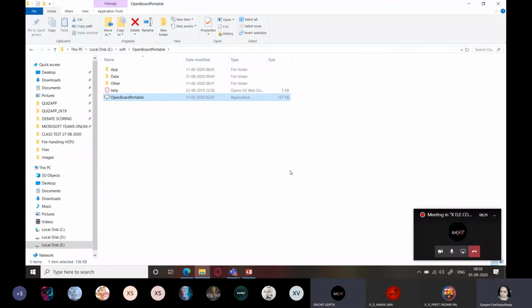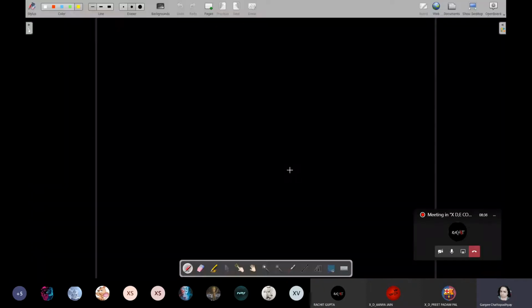So there are two types of data validations. One type of validation is applied on a single field, and the second type of validation is applied on the entire table. So one of them is a field validation.